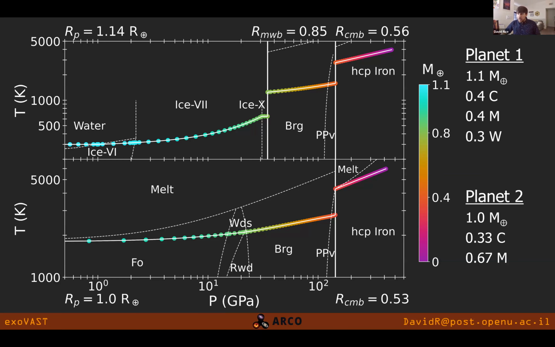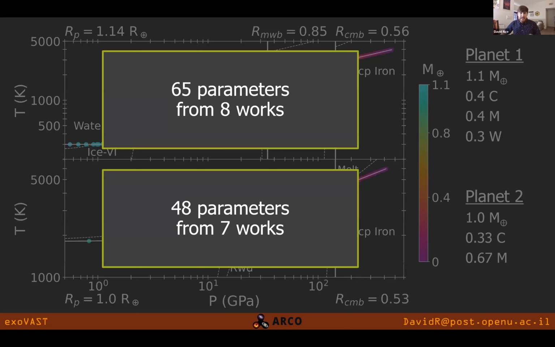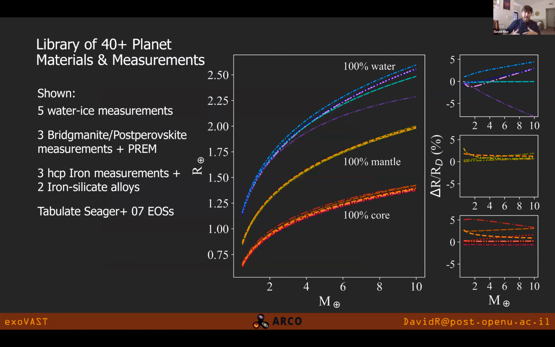And with all of these materials, what we wanted to show is just how many parameters go into these works. So the top planet has 65 parameters from 8 different works, how these materials are responding to pressure and temperature, and their phase and the transitions between the different materials. And the bottom has 48 parameters from 7 different works. So in MAGRATHEA, we created a library of all these planet materials and measurements for different materials. So we can recreate the planets from Seager 2007, or you can use the most up-to-date physics and geology